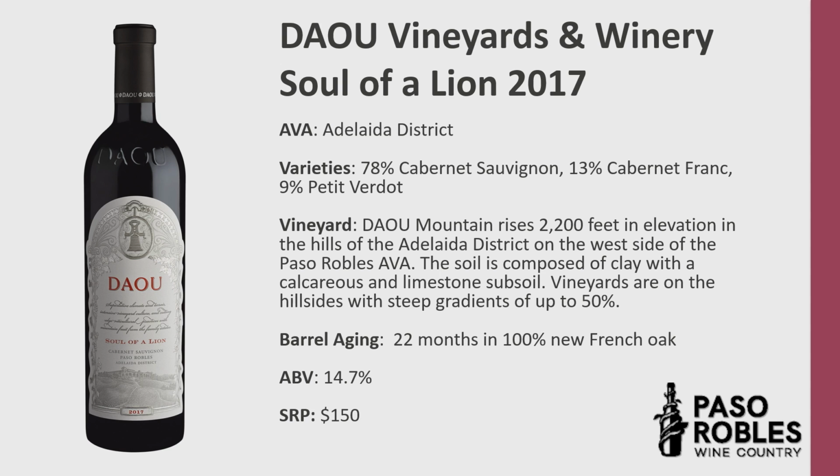Fantastic clay calcaire soils, and the Dow brothers have done a fantastic job elevating this great old property, reforming it, and making it one of the most beautiful visits you can have anywhere in all of Paso Robles. So big wine with classic 100% new French oak aging for 22 months. This is kind of the gold standard of great Bordeaux blends, along with a couple of others I can think